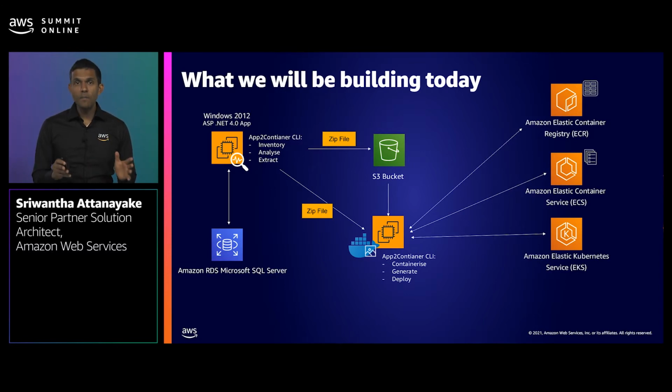If your source operating system supports containers, you can containerize the app in place without copying the zip file. Once the container is built, you can publish to anywhere you like. It could be on your on-premise environment or Azure or any other place. If you decide to run it on an AWS container engine like EKS or ECS, you can do so with a few commands. Let's now go for a demo and see how this is done.